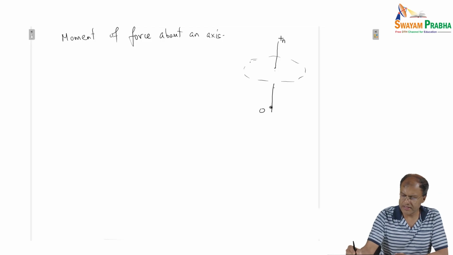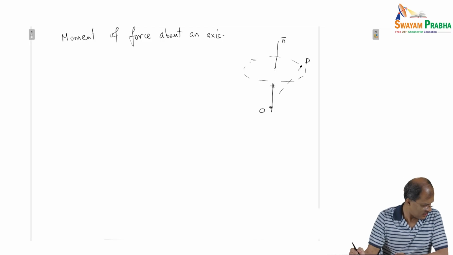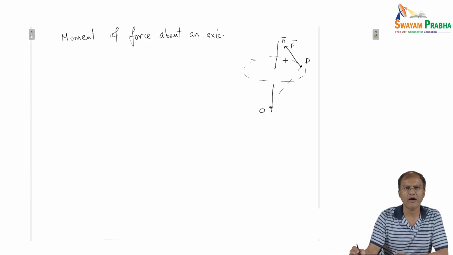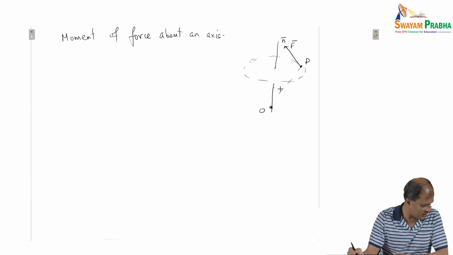We have direction n, and suppose the particle is P under consideration, n being the eventual direction of the moment, and let's say our force is acting in such a way that it's allowing the particle to rotate, and we see that this is our angle alpha,